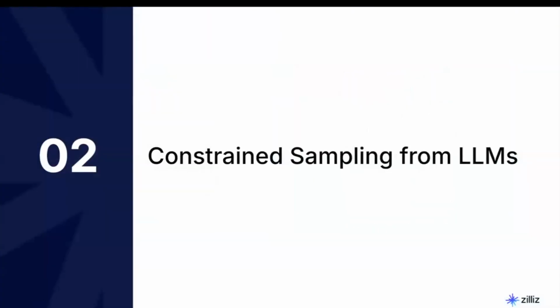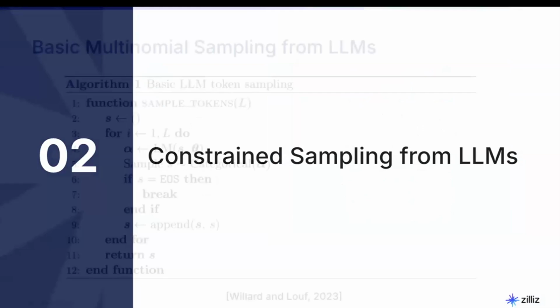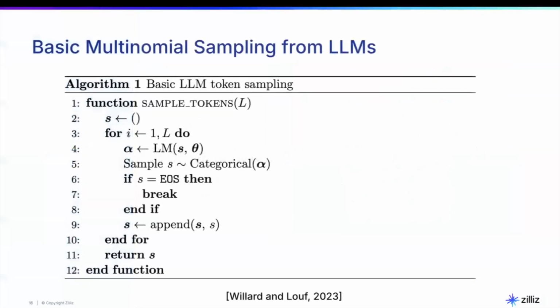Okay, but moving on to the topic for tonight, I want to talk about constrained sampling from large language models. So to begin with, let's go over the basic method of sampling from an LLM. We want to sample a sentence, so we sample our first word, and then we sample our second word, conditioned on our first, and we keep doing that, increasing the number of tokens that we condition on at each stage. So it's a very simple iterative process.